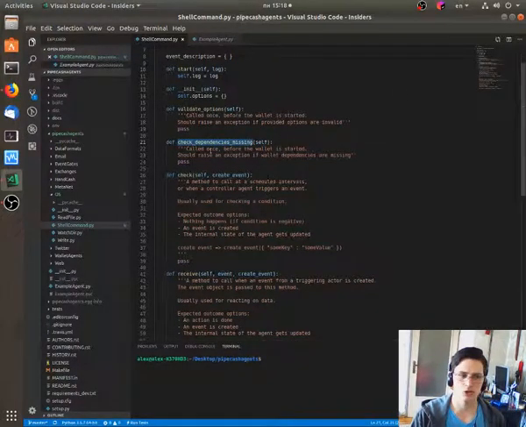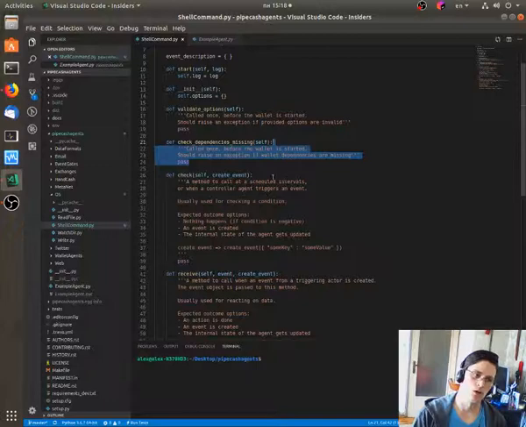So we have the check dependencies missing. As I explained before, anybody should be able to create a new object of this class, even if the dependencies are missing. In here, you should verify that your dependencies are present, and you should throw an exception if they're not. In our case, we don't really have dependencies that are missing, because we're only using the OS module, which is default for